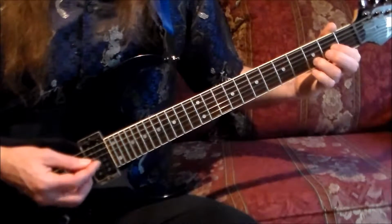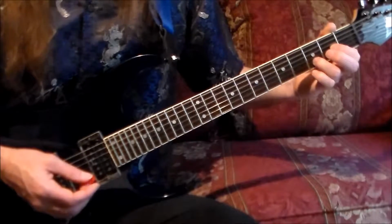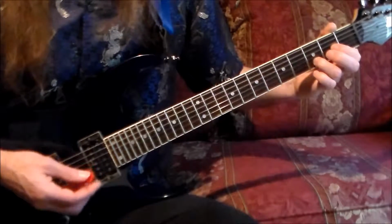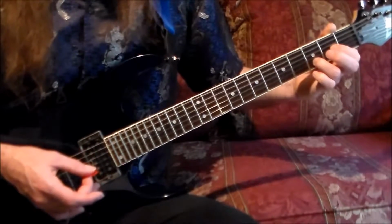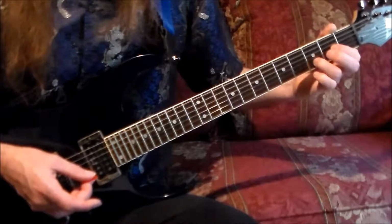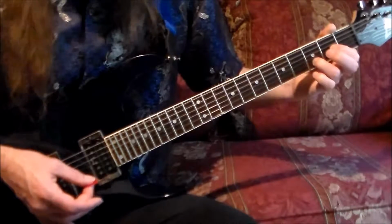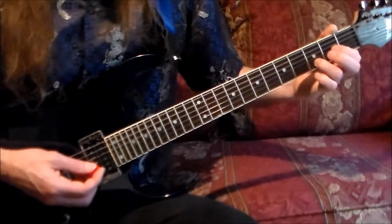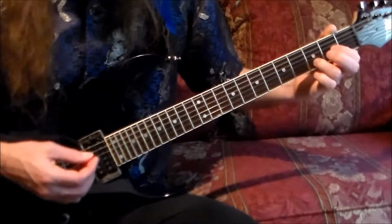On 1, we're going to strum the chord downwards and let it ring out as an 8th note. On the and beat right after 1, we're going to pick the open D string downwards as a 16th note. And on the a beat, which is the final 16th note of the first quarter, we're going to pick the B string upwards. This is what we have so far for the first measure. 1 and